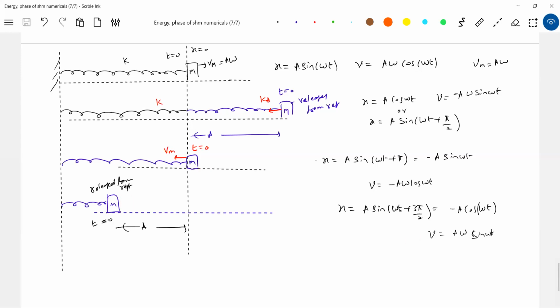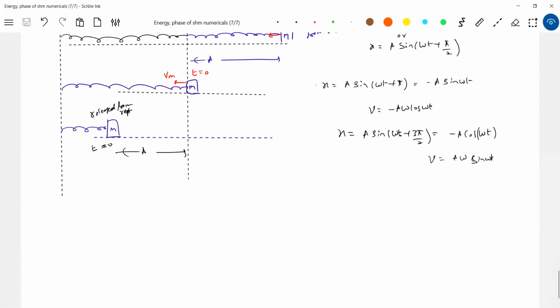Getting the idea? So why these equations? It all depends upon from where you start counting time. But shall I pull the block or shall I give the velocity? It's left to you. Whichever you feel is practically very easy without damaging the setup, you can go for it. This is called the phase idea, which will help us a lot here.